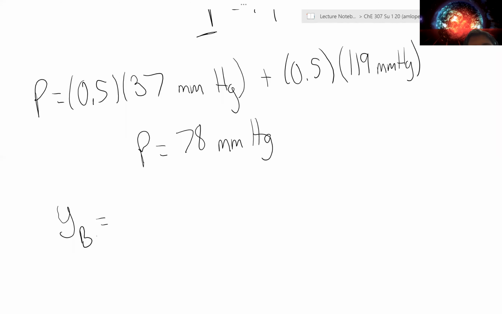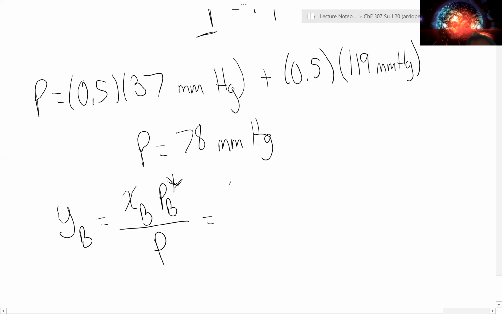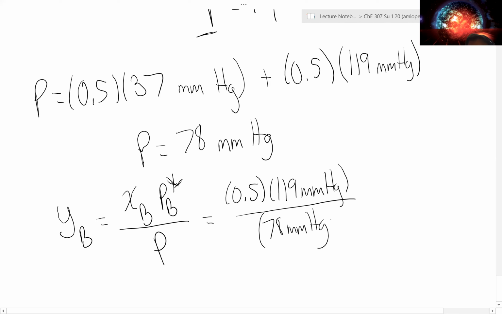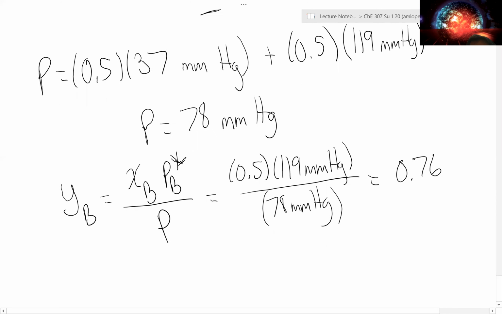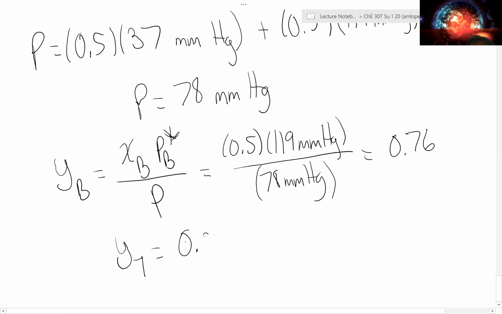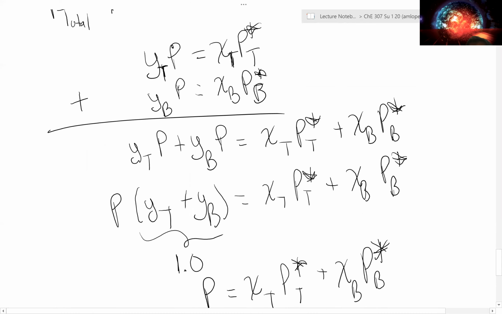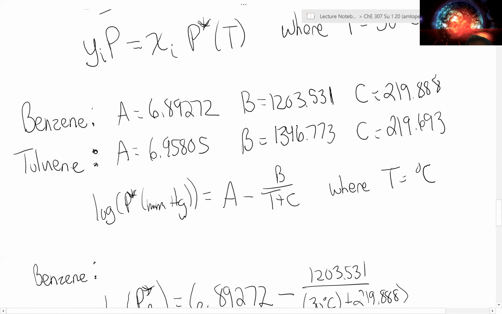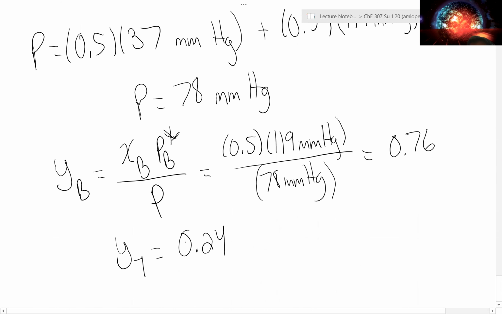And so now to solve for our mole fractions, we can use Raoult's law one last time and state the mole fraction in the liquid of benzene times the vapor pressure of benzene over the total pressure gives us our mole fraction, or 0.5 times 119 millimeters of mercury over the total pressure, which is 78 millimeters of mercury, which should equal about 0.76. And that lets us know toluene is about 0.24. So with a 50-50 mixture of liquid benzene and toluene at equilibrium with its vapor, the vapor will be 76 mole percent benzene and 24 mole percent